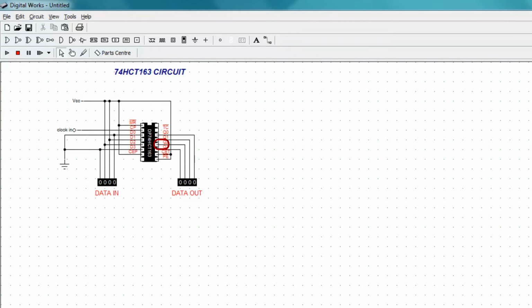Bit 2 on the output will be high when the count is 6 and 7, but will go low when the count reaches 8. Therefore, we can use bit 2 to load a 6 back into the counter after it counts up to 8. Remember, the load function is synchronous, so it needs a positive clock pulse to load a value. Therefore, the 8 will remain active for a full input clock period. So let's disconnect the parallel enable input from 5 volts and instead connect it to bit 2 of the output.